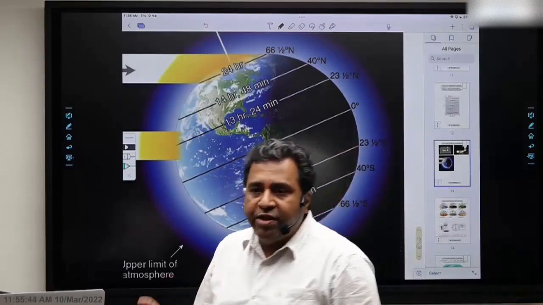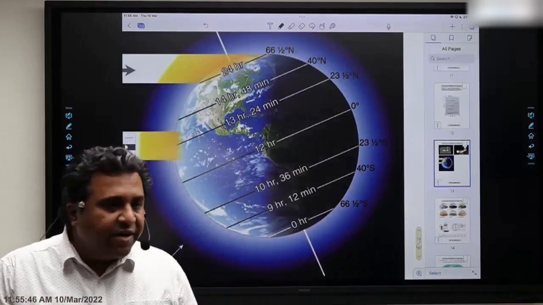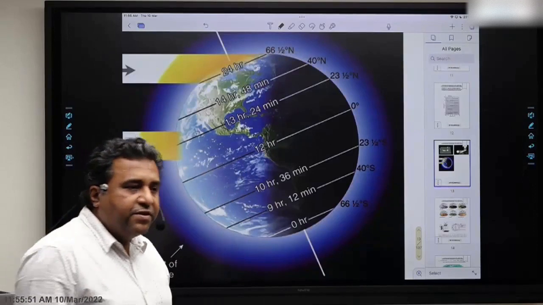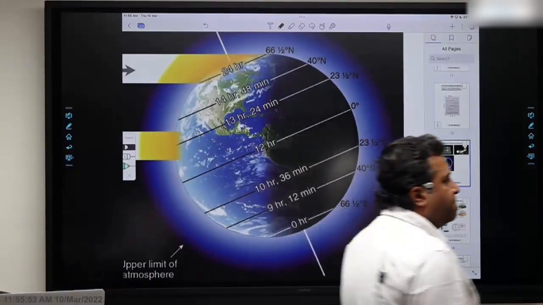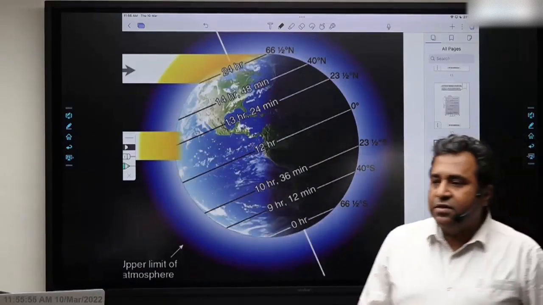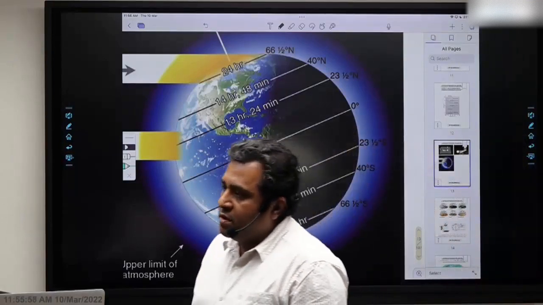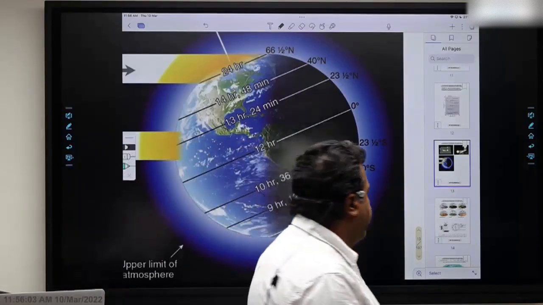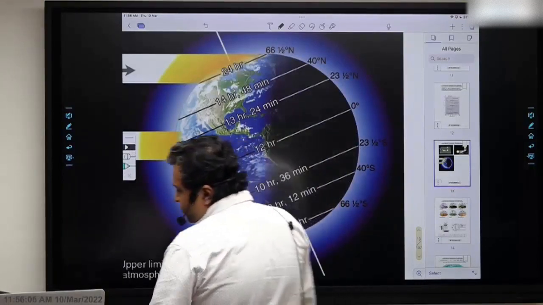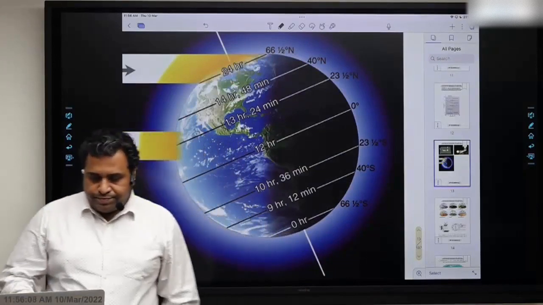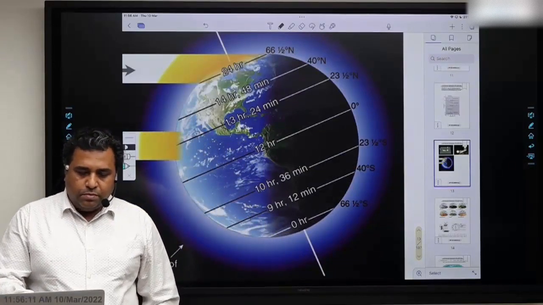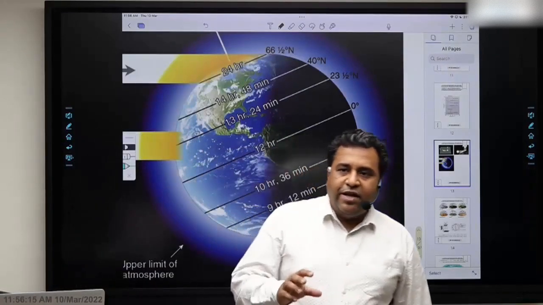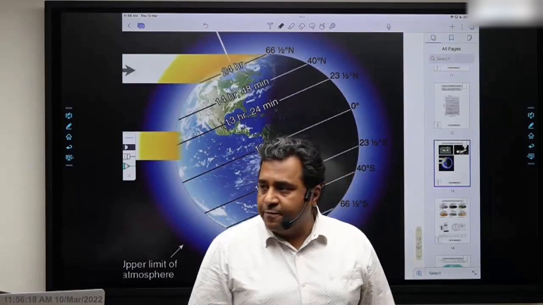The result of this, what do I get throughout the year? Because of this different inclination, different seasons. The result of this is different seasons in different hemispheres around the year. So seasons are mainly an outcome of this. All right. Then next is rotation on a tilted axis.